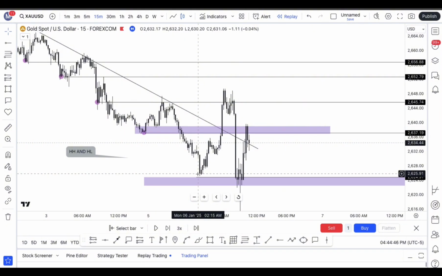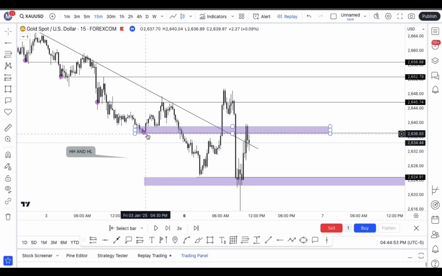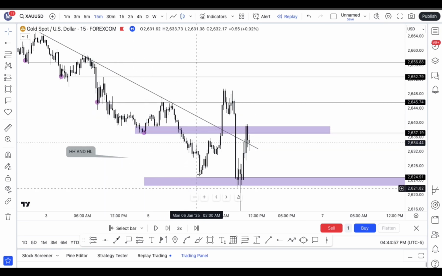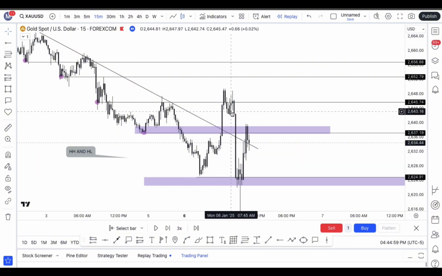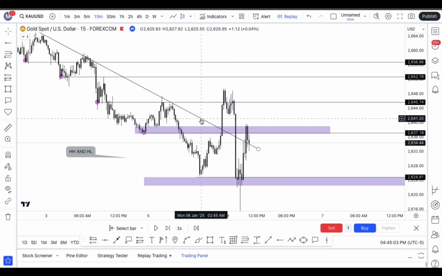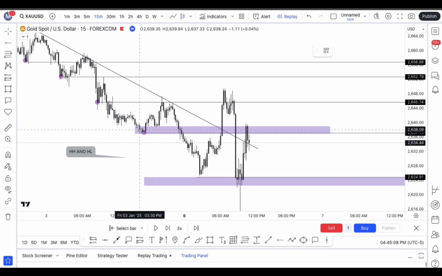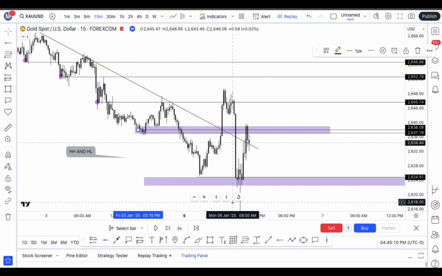The reason why I do this is because I am now thinking I want price to break these low points that price created in a sell structure. So in the sell structure, price created these lows here. I want price to reverse that and push past these levels to confirm bullish strength, right? That being said, this can be my level that I want price to break in order to confirm trend direction